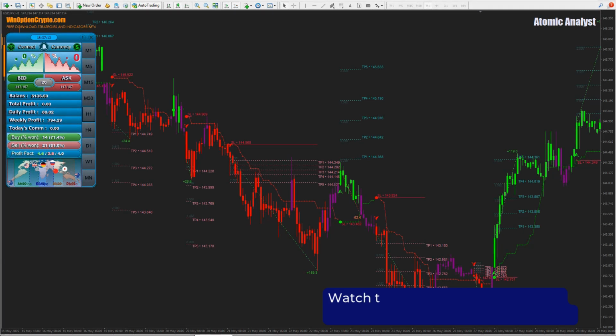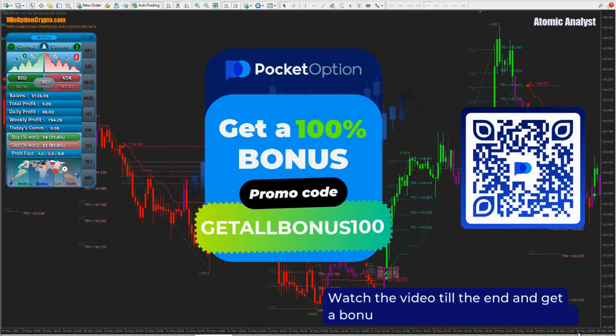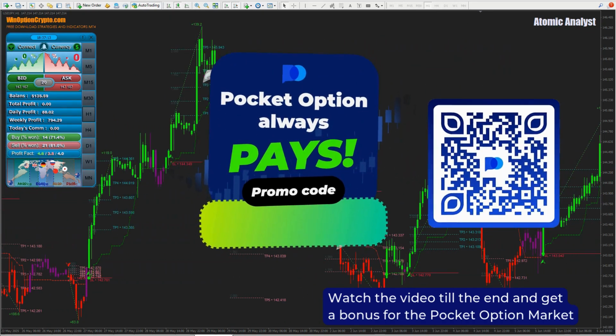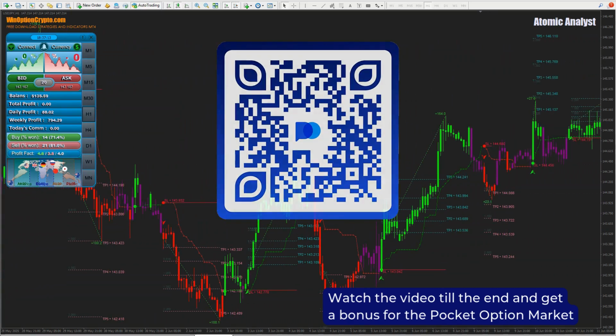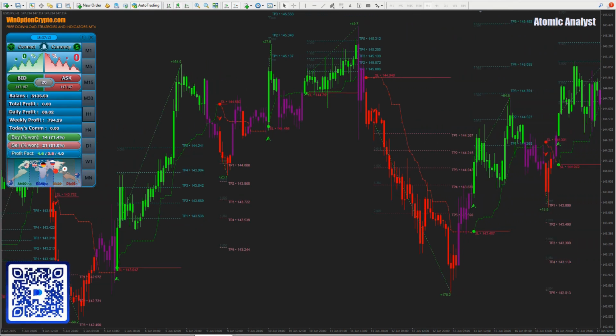Hello everyone. Today we will analyze an interesting binary options indicator, Atomic Analyst. Its peculiarity is that it not only generates trading signals, but also provides an information panel with their statistics. This allows the trader not just to blindly follow the indicator's recommendations, but to analyze its effectiveness on different assets